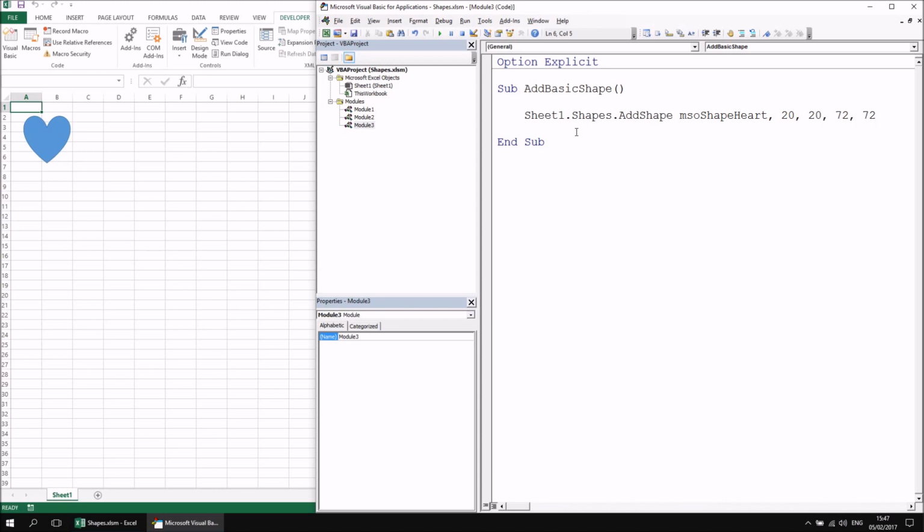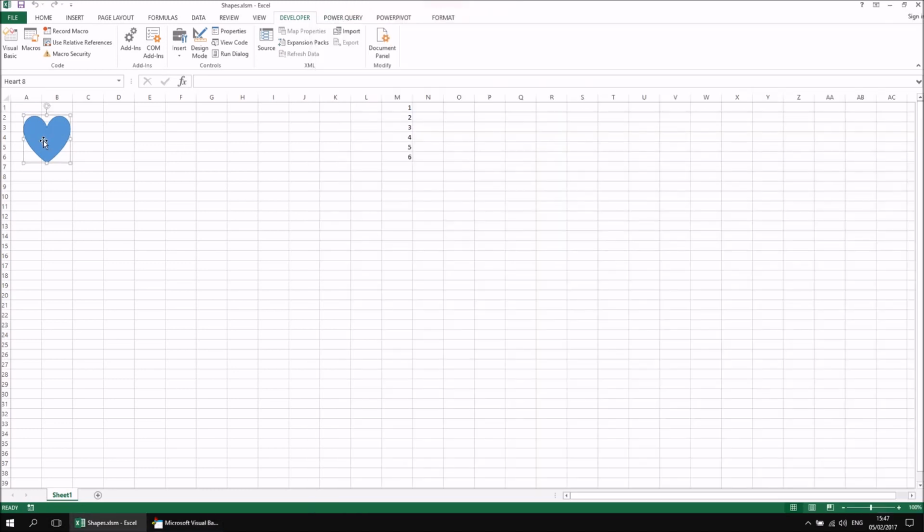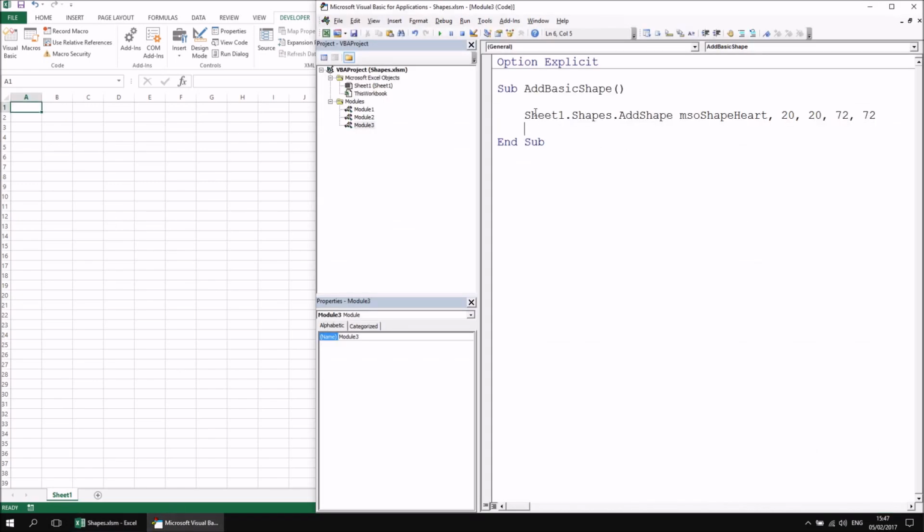So here's a much better solution. I'm just going to delete that shape manually first of all. So I'm going to select it and hit the delete key on the keyboard, and then back in this subroutine, what I'm going to do at the top is declare a new variable, dim sh as shape. And then I can say at the start of this line where I add my new heart shape, set sh equals